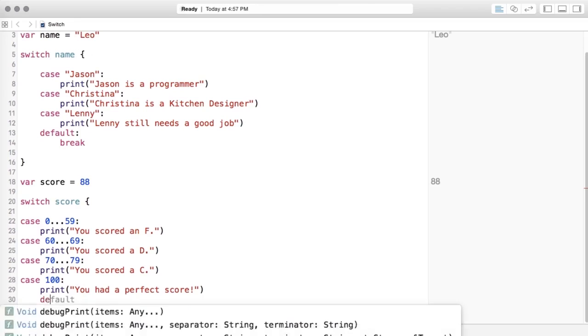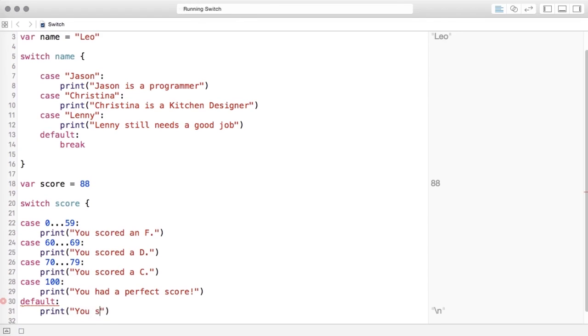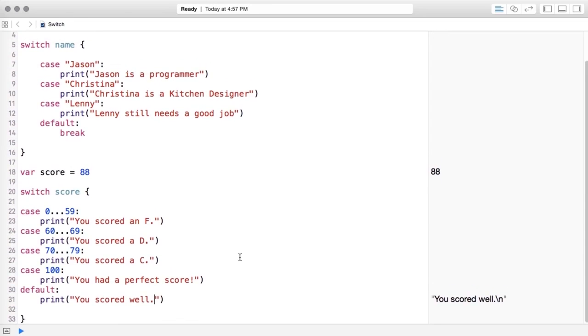And then we'll put a default case in here to catch anything that slips through, like the A's and B's. So we'll do a print line on this, and we'll just say you scored well. Okay, so now that we have our default, we don't have an error any longer,